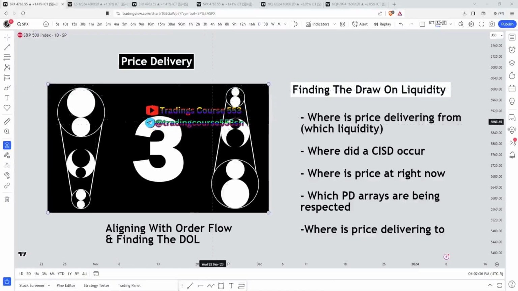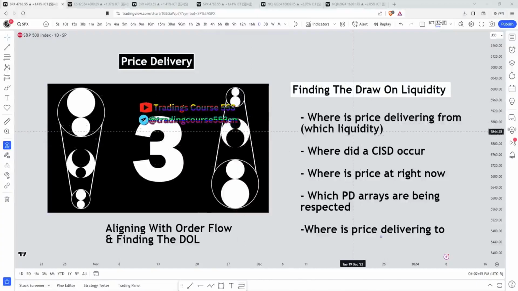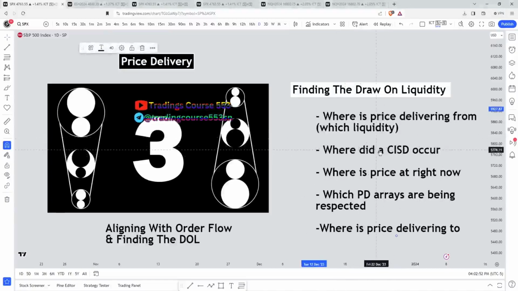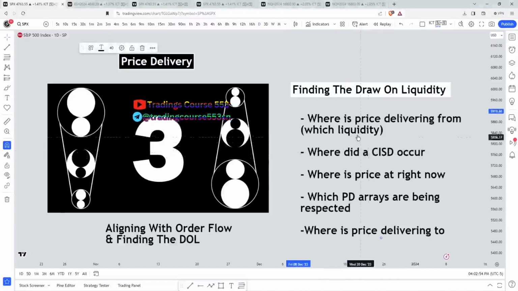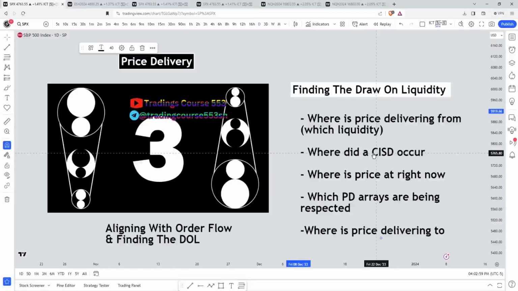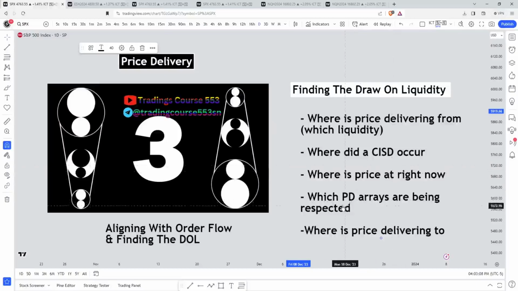So I like to see, where is price delivering from? Which level of liquidity? Did it take out buy side liquidity and expand lower, or did it take out sell side liquidity and expand higher? If it took out buy side liquidity and expanded lower, where did a change in the state of delivery occur? Or where did a bearish order block form? Or the opposite. If it took out sell side liquidity and expanded higher, did a bullish change in the state of delivery occur? Okay, I like to see, if that occurred, where is price at right now, and which PDRAs